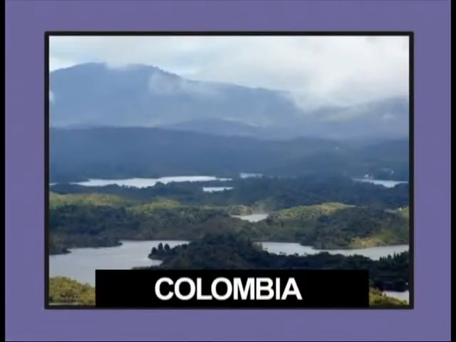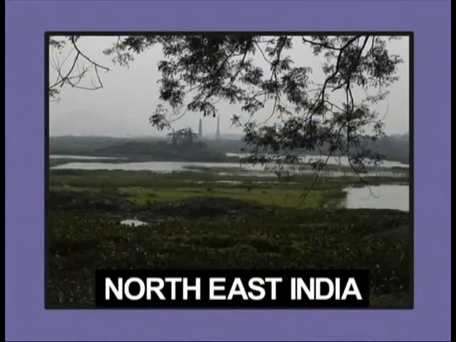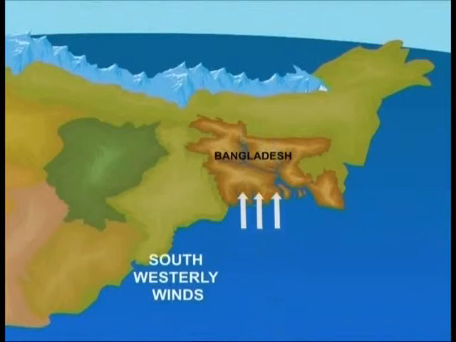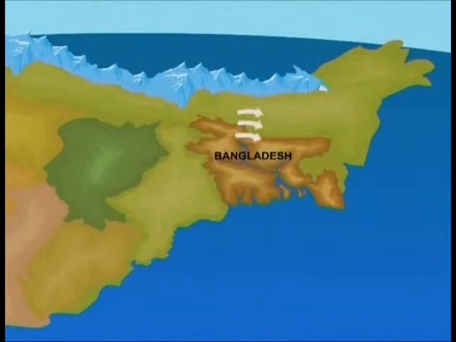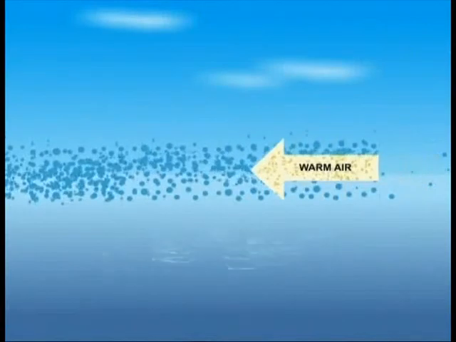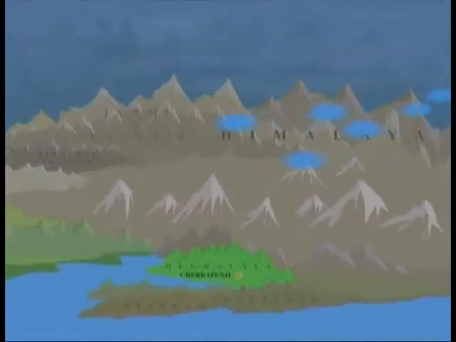The highland areas of Colombia, Hawaii, and Northeast India are home to 3 of the wettest places on Earth. From the month of April to October, warm and wet southwesterly winds blow over Bangladesh, known as the southwest monsoon. These warm winds absorb millions of tons of water from the ocean. As they travel up the southern slopes of the Himalayas over Cherrapunji and other places, they cool and release water in